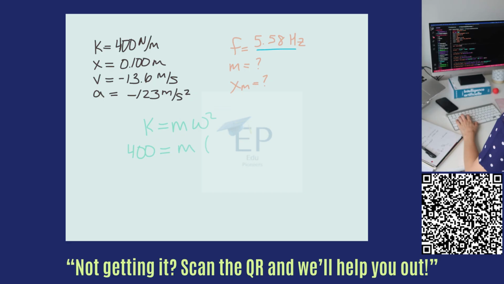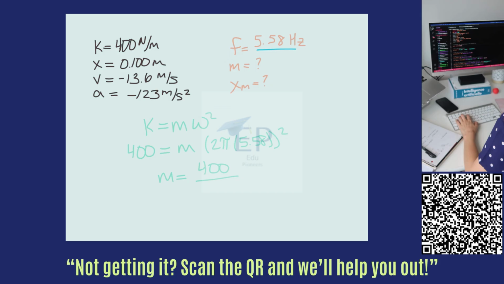And again, since we know our frequency, we're going to substitute in 2 pi f, which is 5.58 hertz squared. So that will give us, when we solve for m, we end up with 400